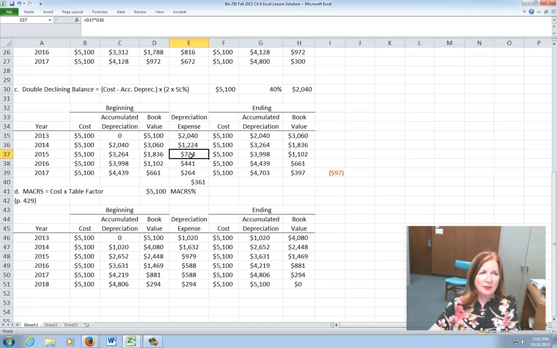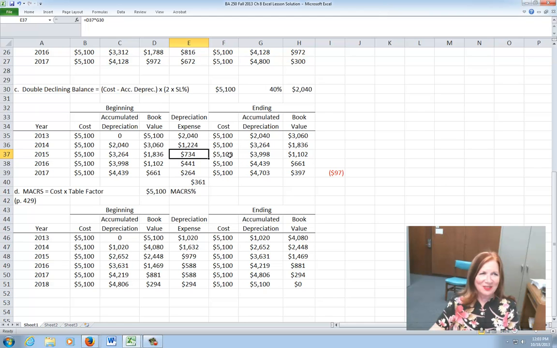And now the depreciation expense for that year is book value, the 1836 in D37, times the G30, the 40% constant of depreciation for every year. And then that's the depreciation expense. This would be debit depreciation expense, credit accumulated depreciation. And then we have